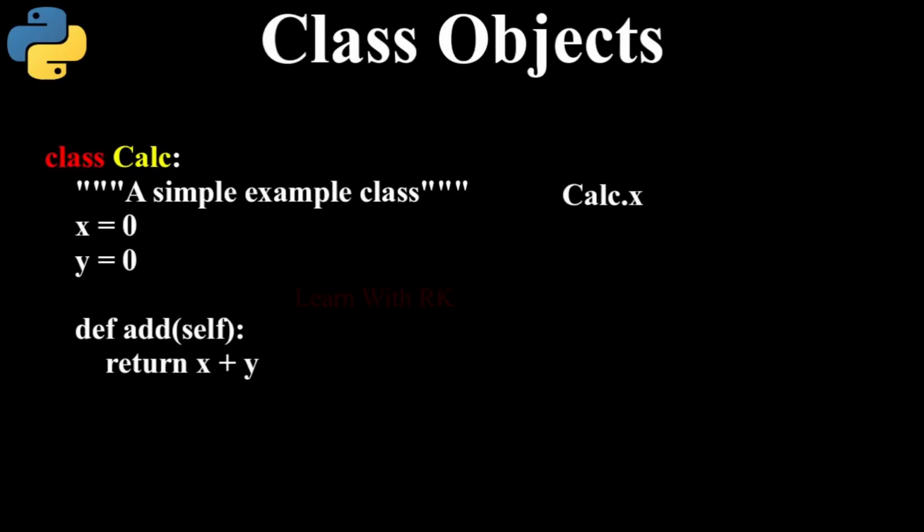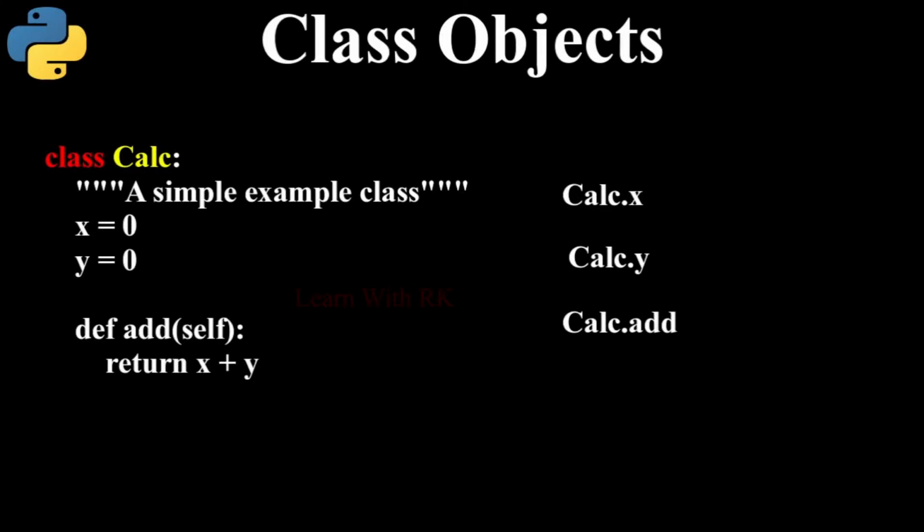Then I can refer to the x and y of the class using the dotted notation. We can refer to these attributes using the class as calc.x and calc.y, which return the integer variables, and calc.add, which